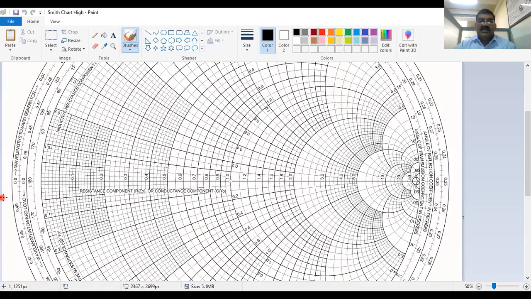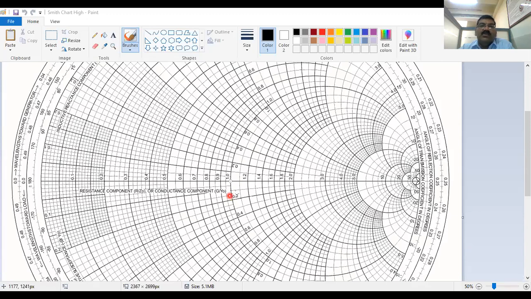So these resistances are in this way. So what is the center point? It is 1. Here, the Z by Z0 we did previously, and 100 plus J50 was the impedance. That 100 plus J50 we have converted to the normalized value. So what is your Z1? This is your Z1.